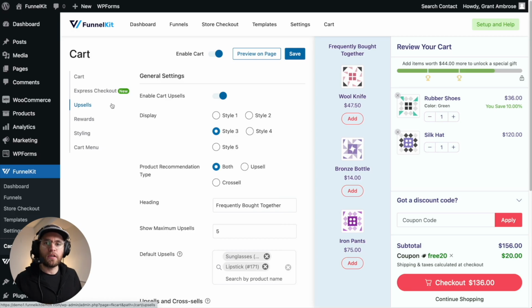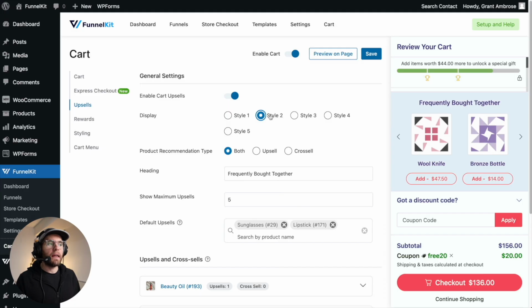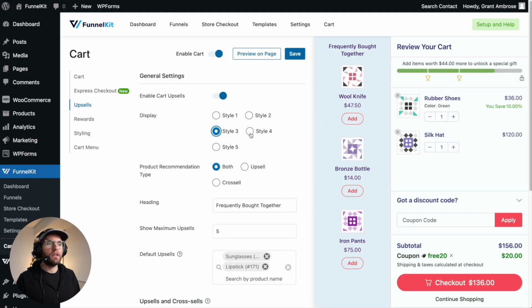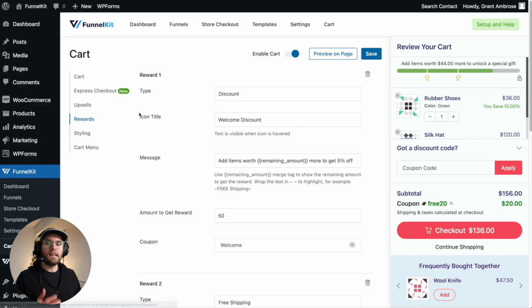With the Pro version, you have access to upsells and rewards. So upsells are the upsells that you see here on the side of the cart, but you can configure it here with the styles to change the placement of how they appear during your checkout process. Then the other Pro feature, rewards, incentivizes your customer to spend more in your store to unlock things during the